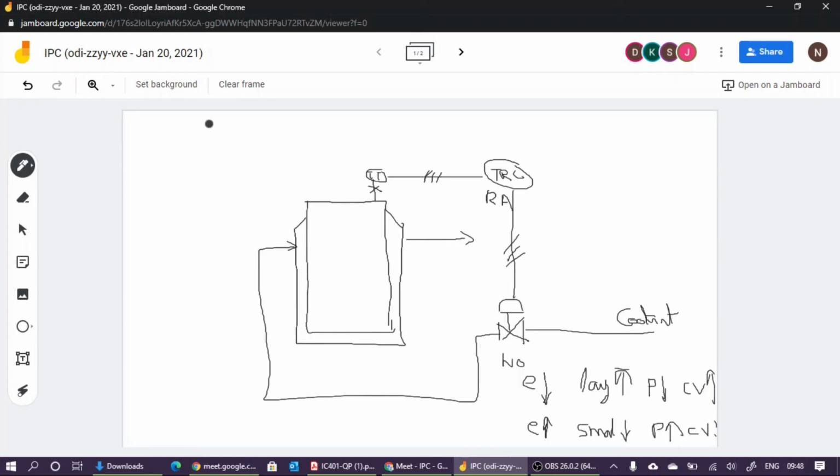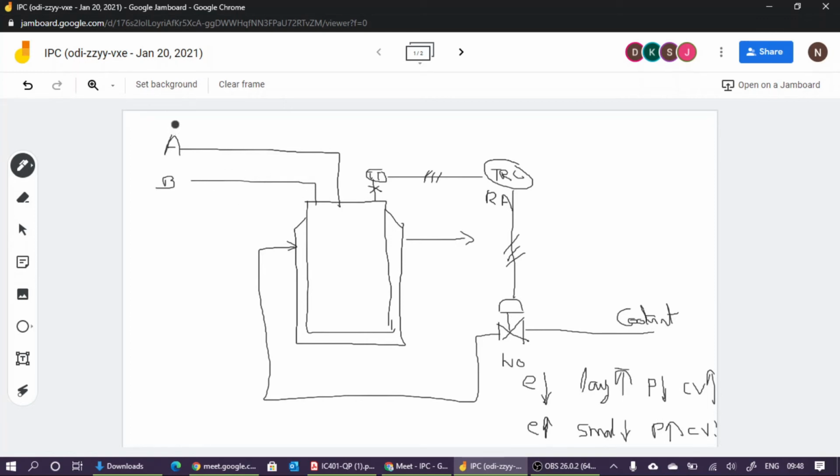So at that point, what do we have to do? We have to change some other condition. What are the other conditions? Actually, this exothermic reaction rate depends upon the feed rate. If we have a very small amount of feed, definitely the reaction rate will decrease. The amount of reaction will decrease if you are feeding a very small amount of feed. So here we have feed. In a chemical reactor, we can expect two or more feeds. So here we are assuming 2 feeds. This is feed A. This is the second feed.